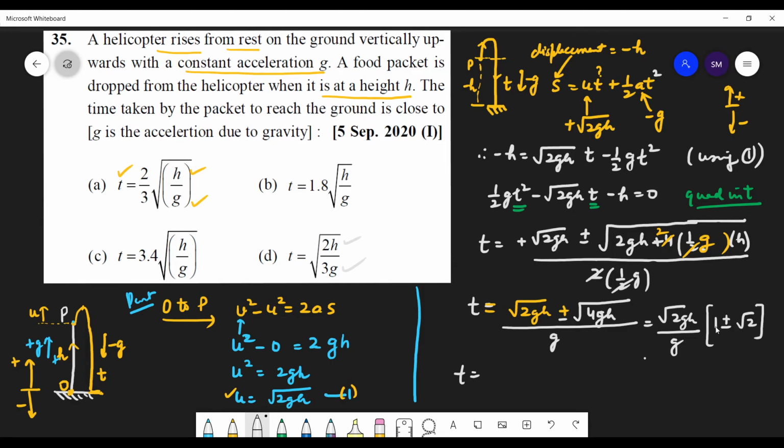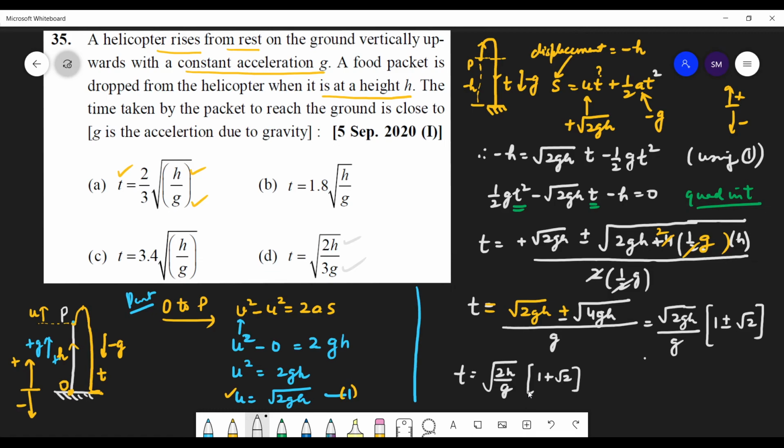See, negative cannot be there because time will become negative. Okay, so only the positive will be there, right? So that's under the root 2gh. Now we can cancel out. Now there is no issue, Ayush. Yes. So this g, here we get under the root g now after cancelling this. So whether you write it or not here, but we can write it here, that's under the root 2h upon g,